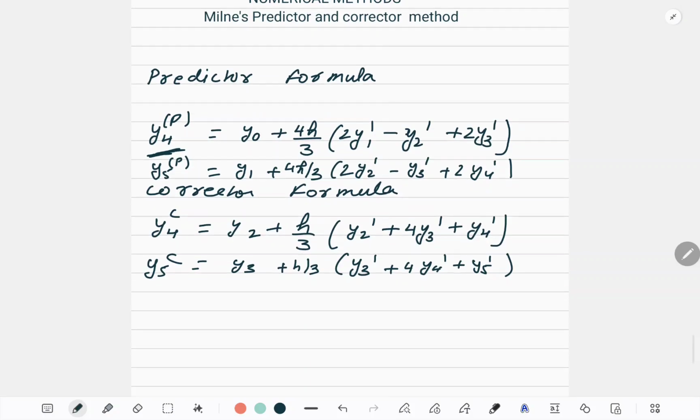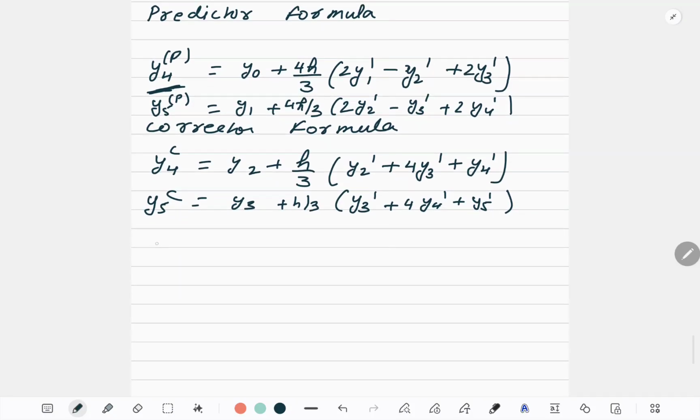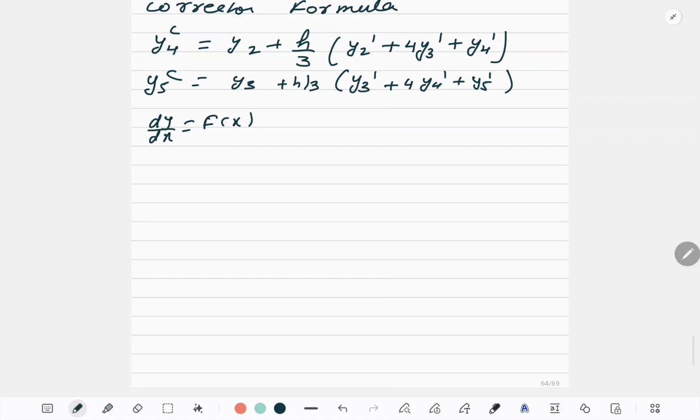Now as I told you, the question format will remain the same. They will give me dy by dx, some function. Earlier, in all the questions they were giving me only x0 and y0. Now they will give me a few values of x and a few values of y. So the first value will be x0, with the corresponding y0 given. Then x1, y1 will be given, x2, y2 will be given, x3, y3 will be given. Then obviously, if you know h, you can always write x4, x5, right?